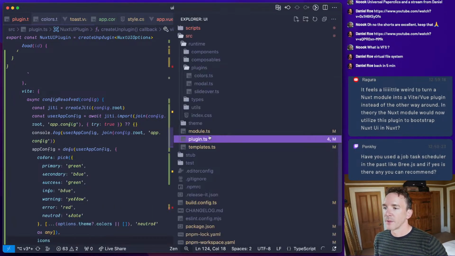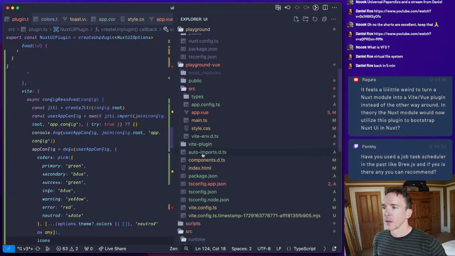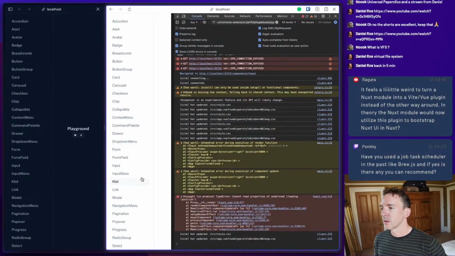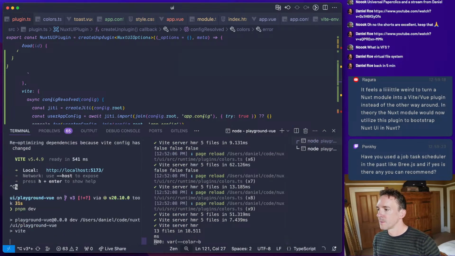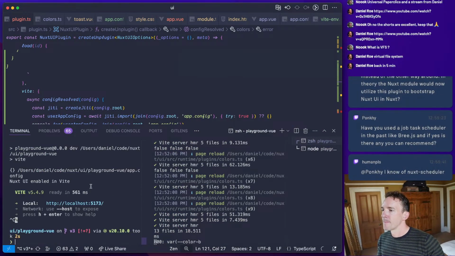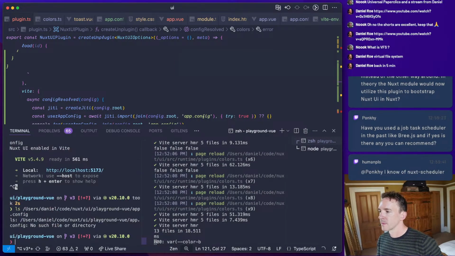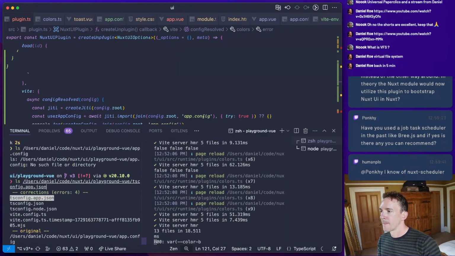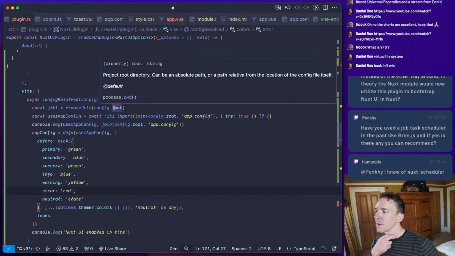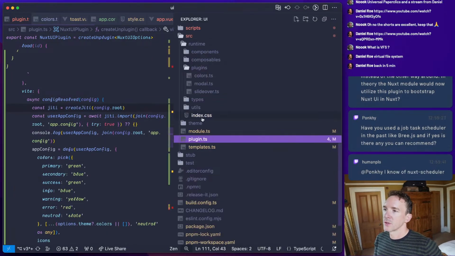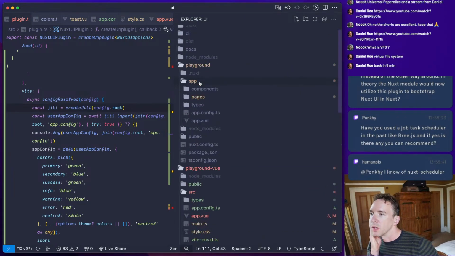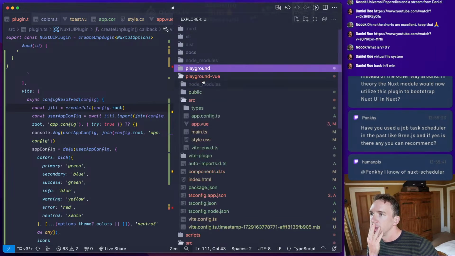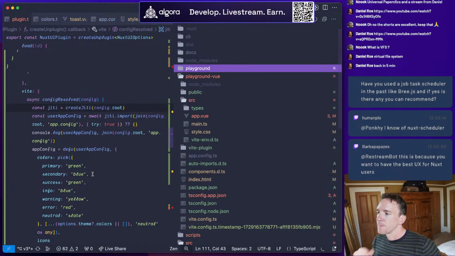Oh, so the app config needs to probably be moved into the app folder. So at the moment, I think it is in the source. So what is the issue? Okay, it's not the root that we want. Maybe it is the root. Maybe we just say it should be in the root, because it's not really going to be included in the runtime. Okay, so it's going to go with that.